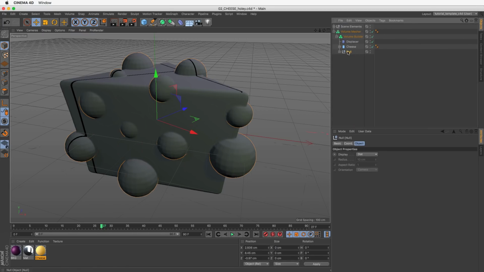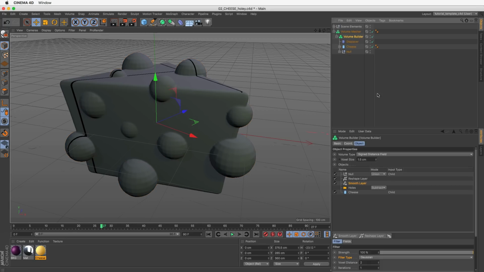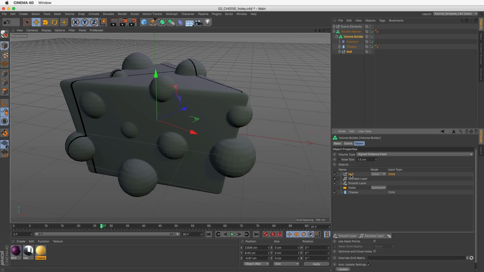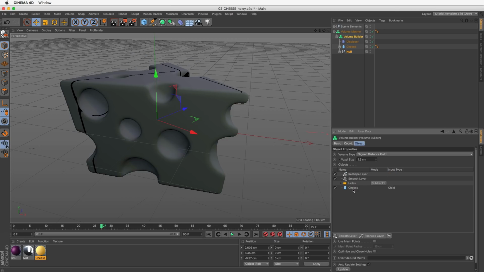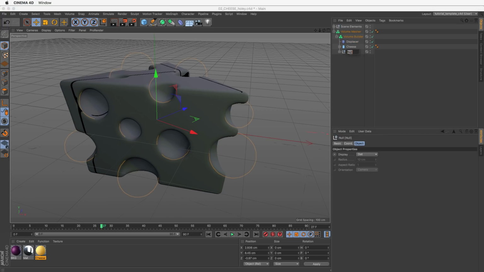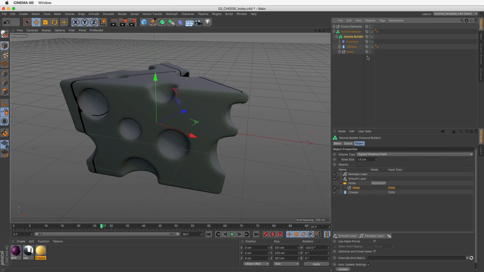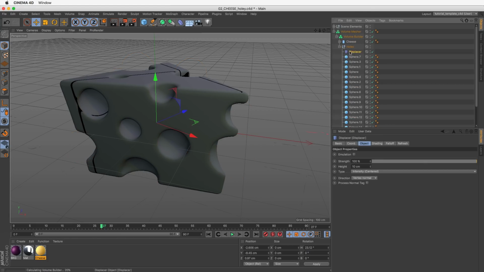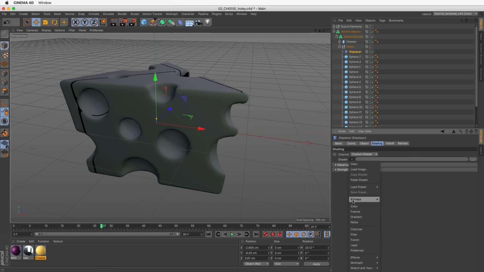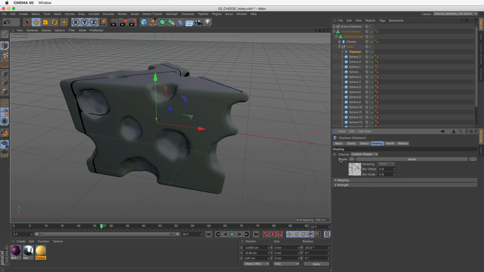Now notice what happens when I group that under a null. You are going to see that my null replaced all of those spheres that were under my holes folder. So I'll need to just drag and drop this holes folder underneath there and make sure that null, which I'll name holes, is under there. Now I can add this displacer, load up some noise,